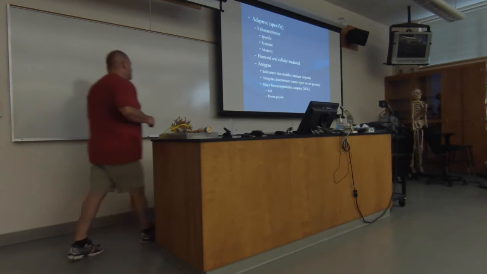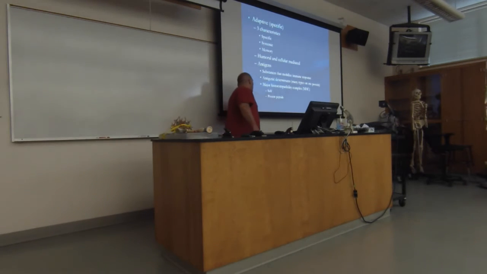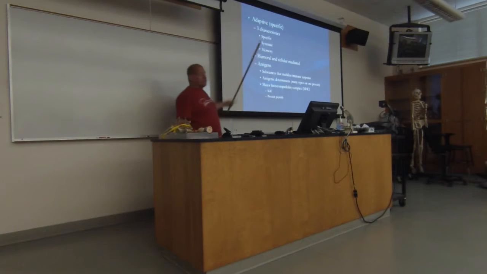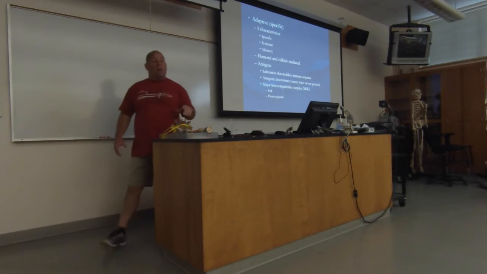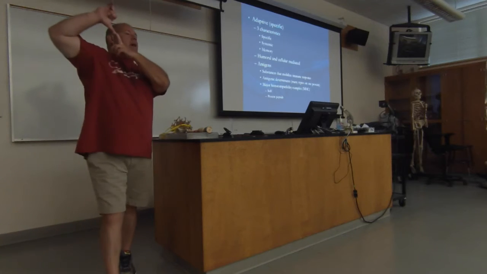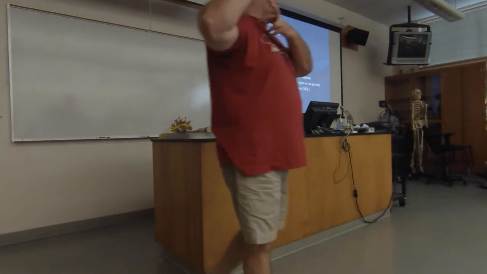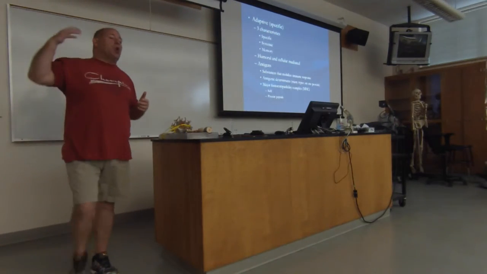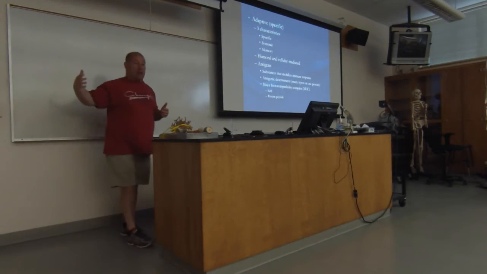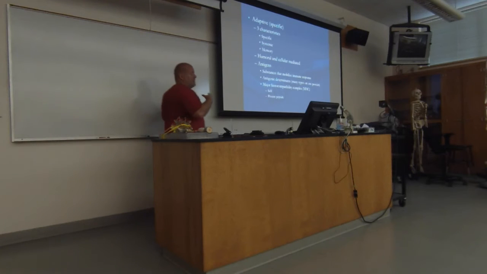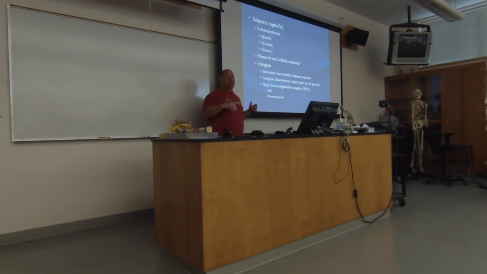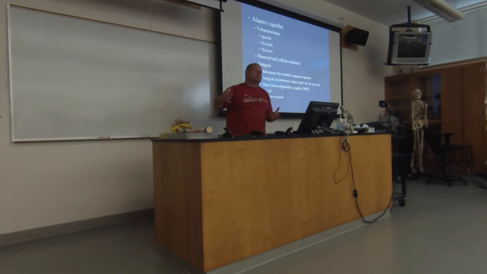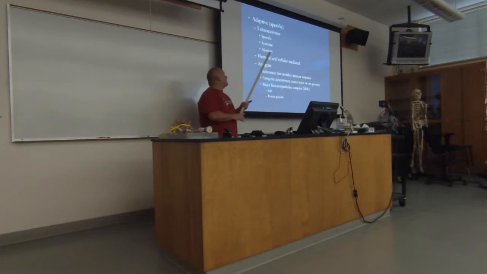Now, there are two other characteristics that go along with this system. Besides being specific, this is systemic. Remember, I could do something to my thumb and have an inflammatory process just in my thumb. And one of the goals of the inflammatory process was to isolate it, to prevent it from going global, systemic. Well, the adaptive system is systemic. So even though it still might be fighting a battle here in my thumb, the response is systemic. And then it also has memory.